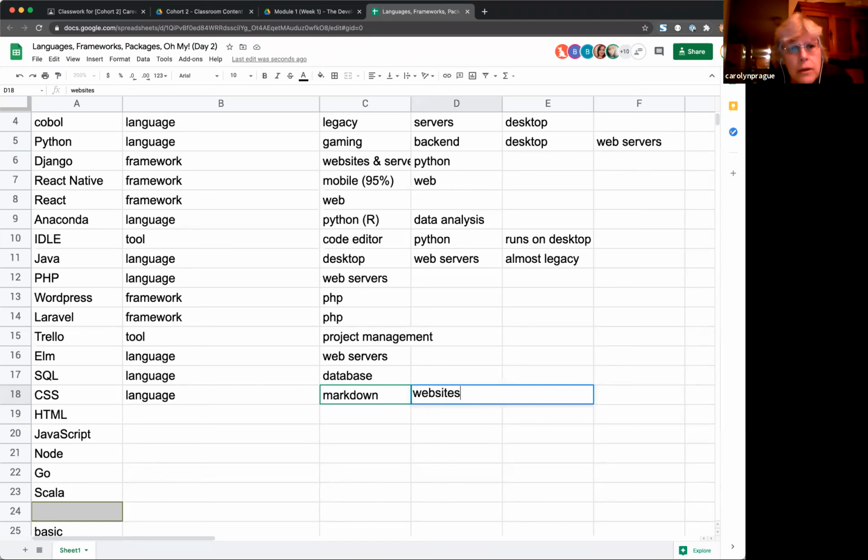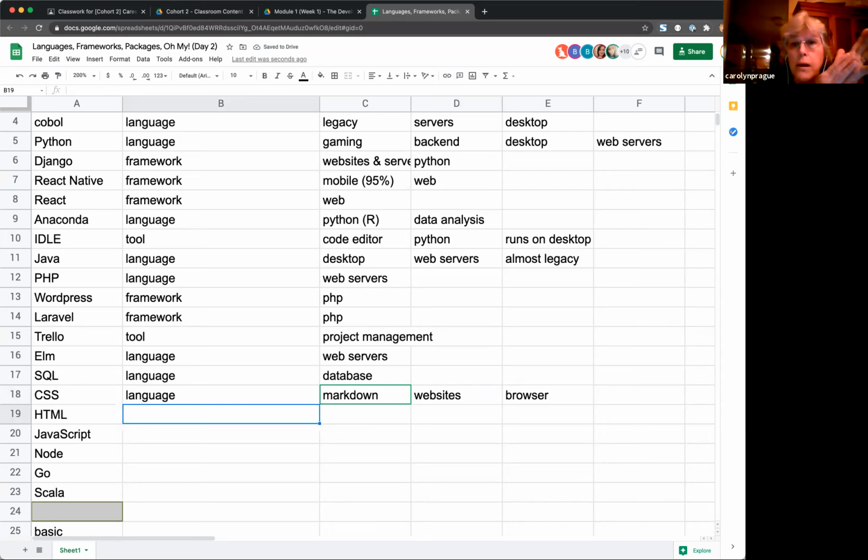Excuse me, Max, you said Markdown. How does that differ from markup? Markup is a specific kind of markdown. Okay. So markup is a specific syntax. Markdown just means that it is a specific syntax, but it has no oomph behind it.